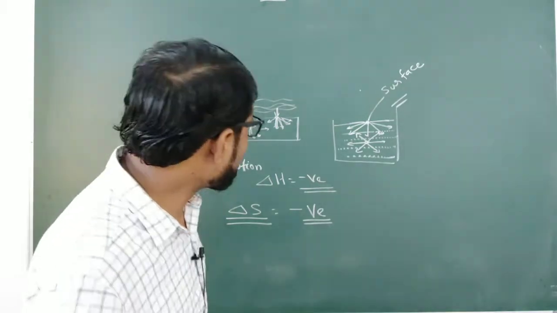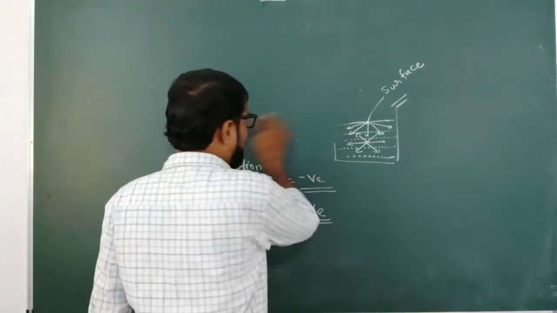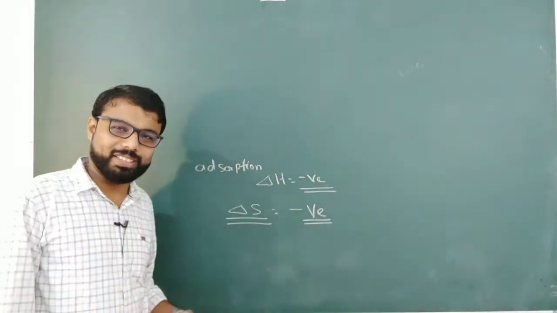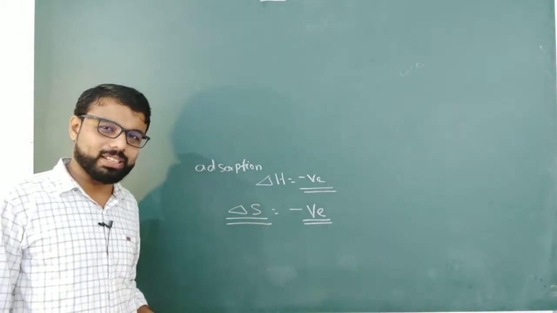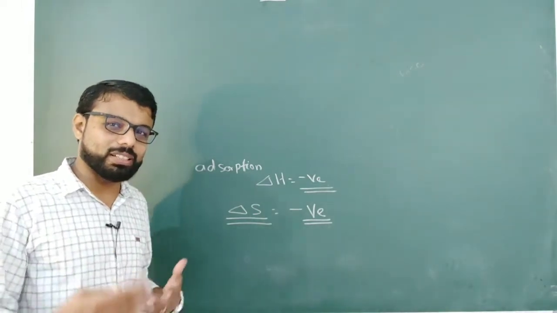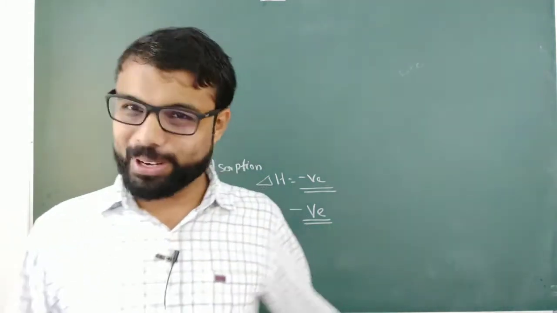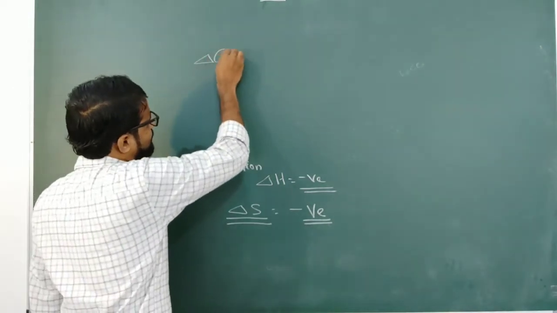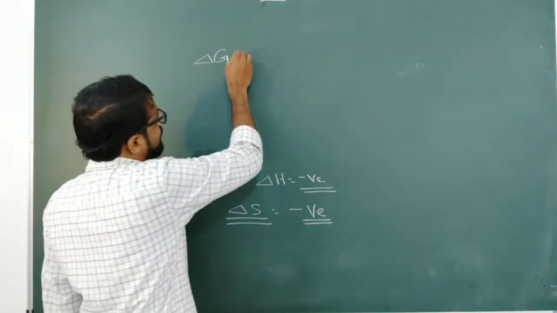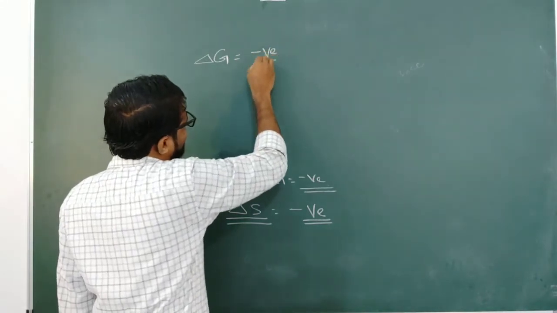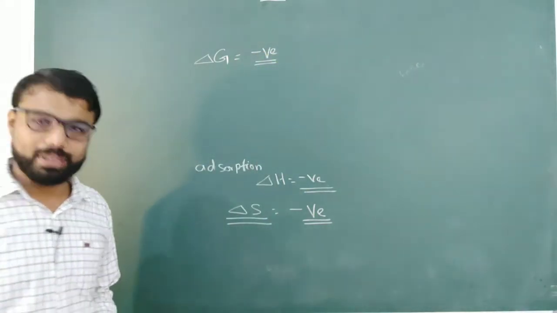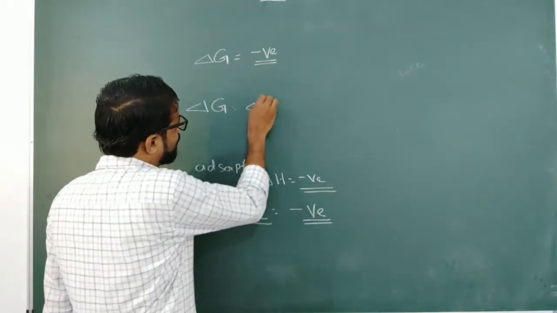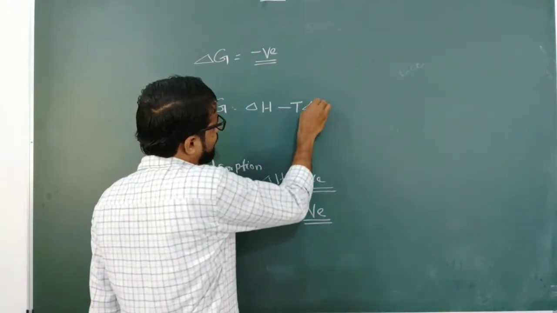Now, we can ask whether this exothermic adsorption is spontaneous or non-spontaneous. How can we say? What is spontaneous? A process that has a natural tendency to occur is called spontaneous. You learned in Plus One chapter 6, thermodynamics, that for a spontaneous process delta G is negative. Now we have a relation: delta G is equal to delta H minus T delta S.